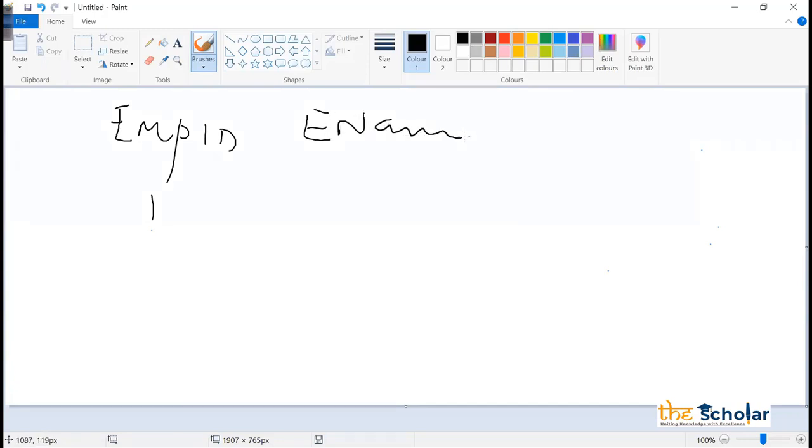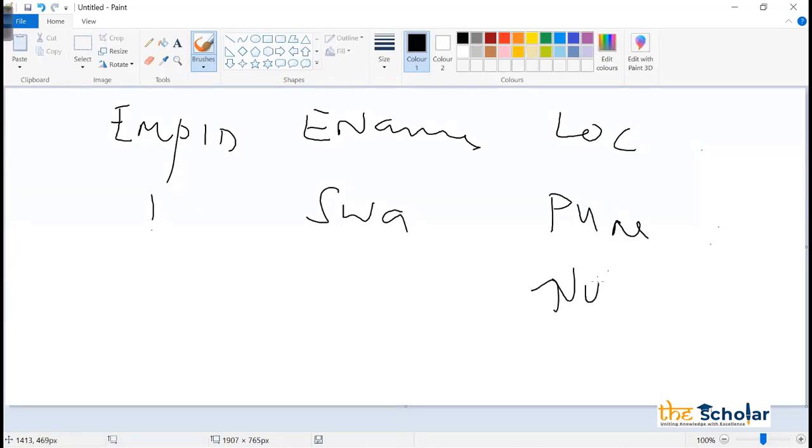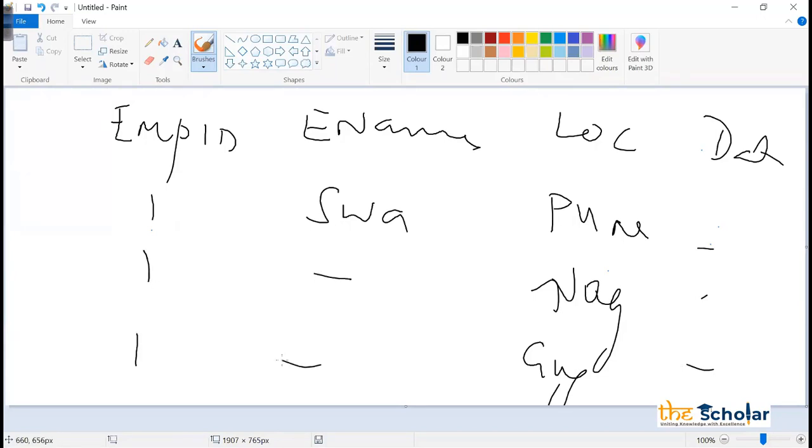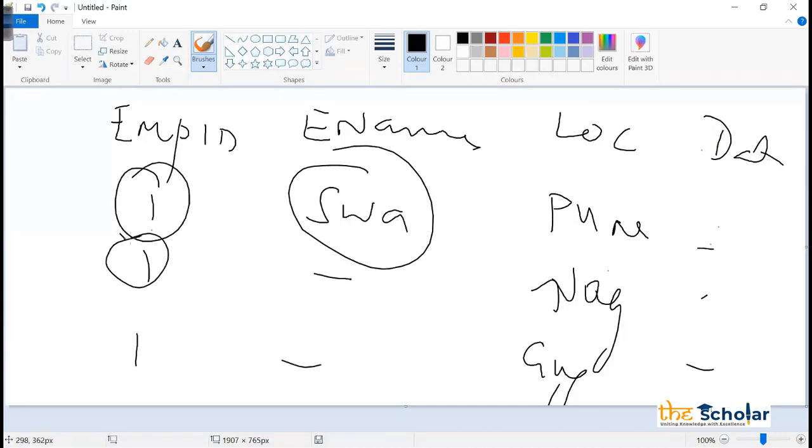E-name Swadesh, and his location, it was Pune, earlier it was Nagpur, right? Then Gurgaon something, and the dates were there, right? We put some dates. Here I have employee ID 1 because I'm transferring Swadesh from one location to another location. Obviously his employee ID will not change, it will be the same.